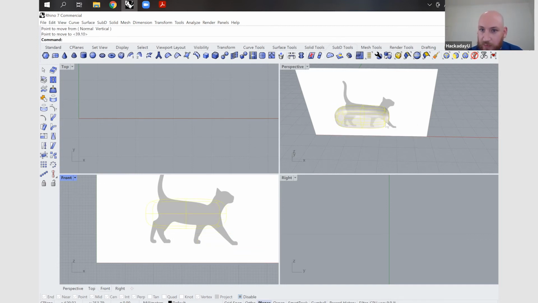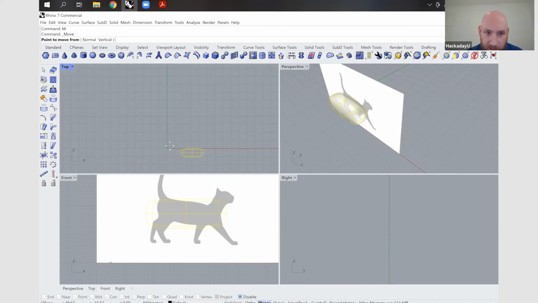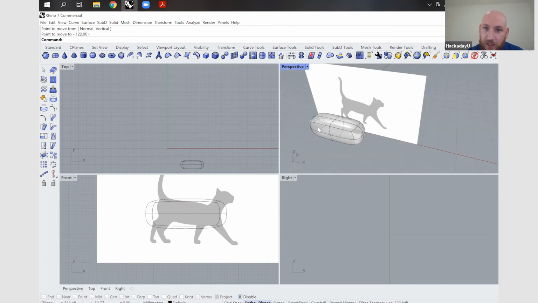And I'm basically trying to move this solid shape to roughly where the sort of main body of the cat is. I'm just going to move it a little bit away from the cat. Okay, so